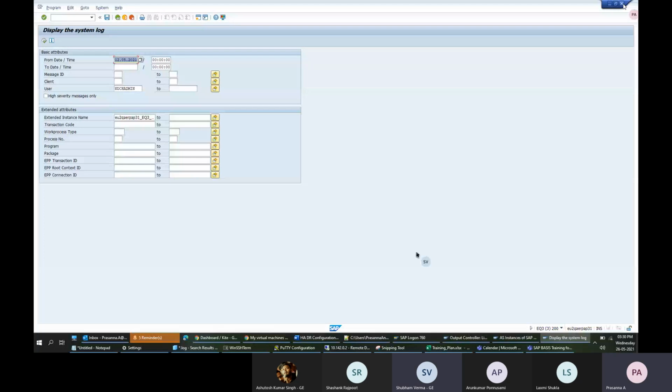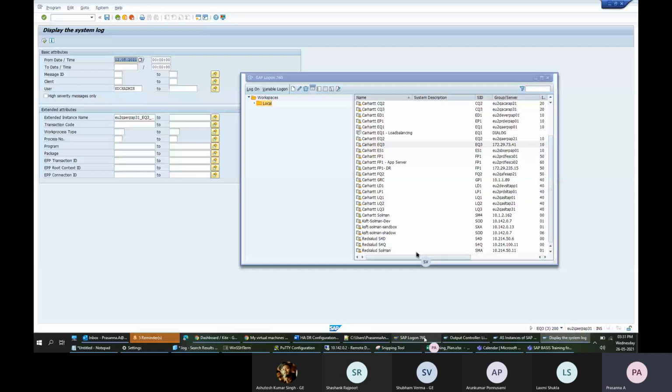And one more question I have. Yesterday Arun created one user named Subham with some password. So if you want to log in with that user and password, would you be able to do that? Yeah, I can do it because that user was created on Solman, right?